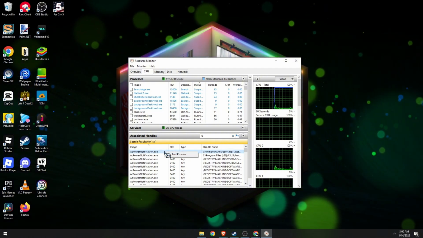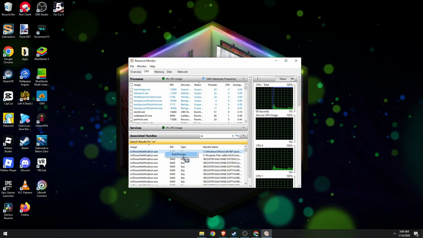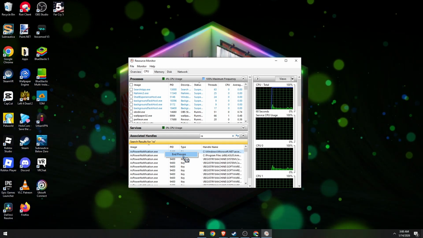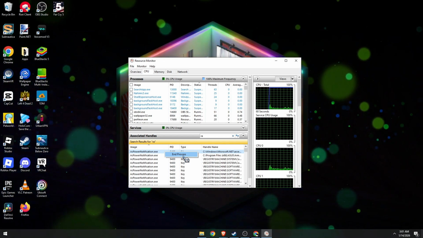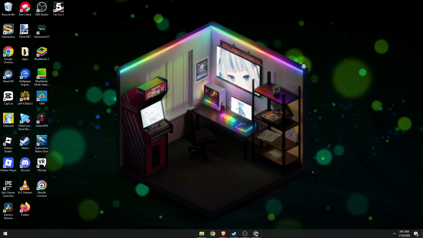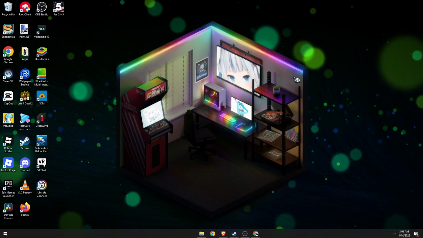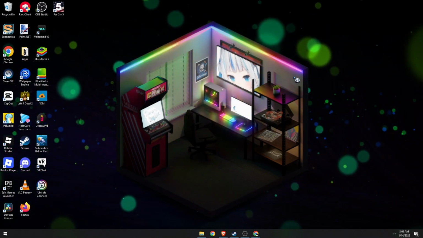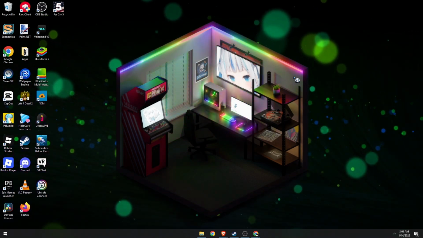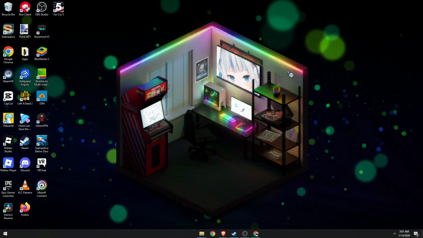You can right click on it and then choose end process, right? Once you've completed this step, you can now close this window. Go ahead, reboot or restart your PC. Once you're back on your screen, everything should now be working smoothly. You should now be able to access those files,